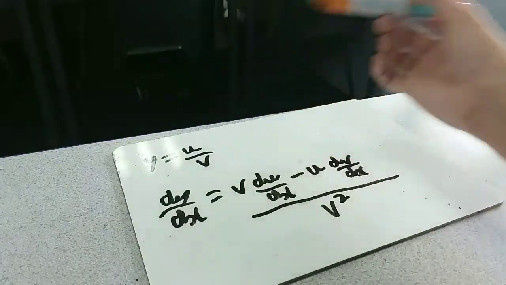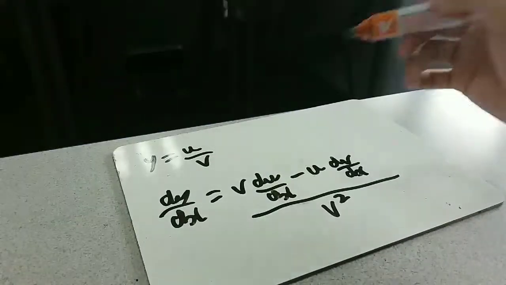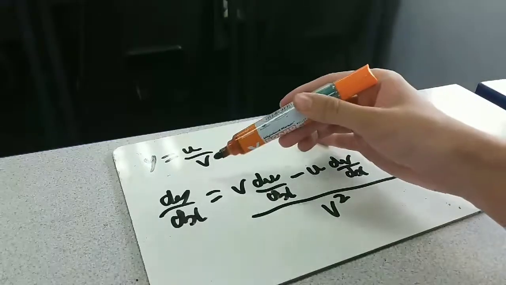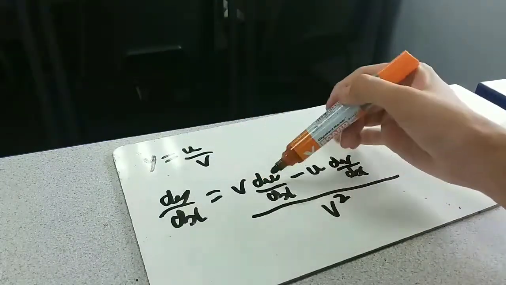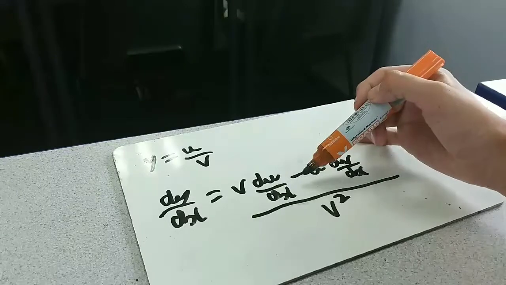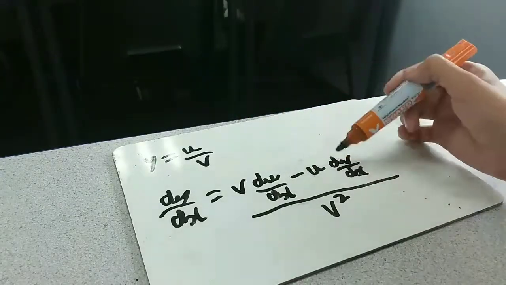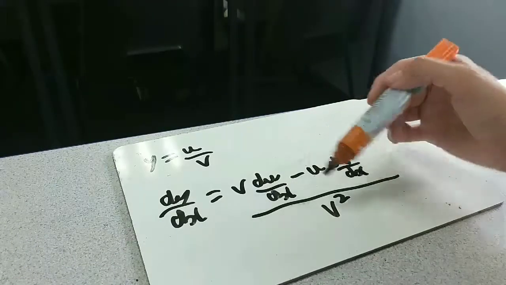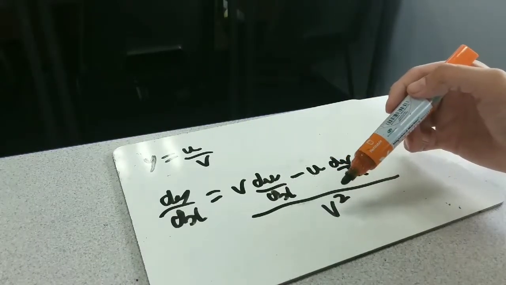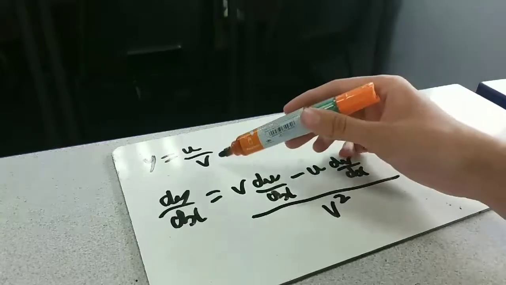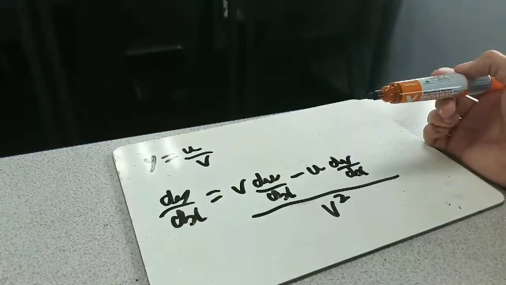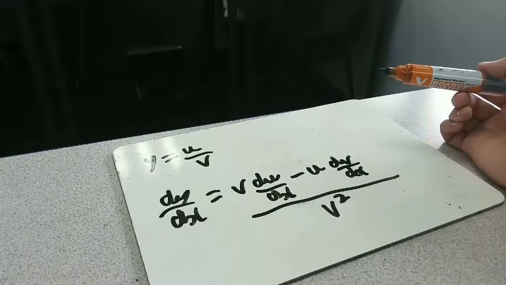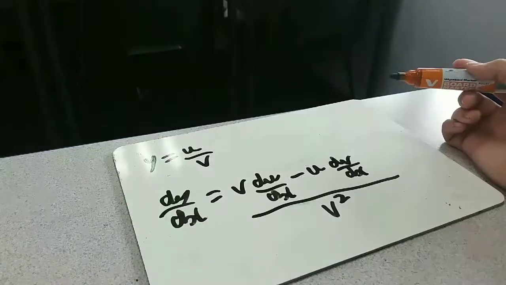Notice here, because it's not two things times together, it matters which way you pick them. So u is definitely the thing on top. And so what you get is a very similar thing up here. It's v left alone times by the derivative of u minus u left alone, the top thing, times by the derivative of the bottom. Is a minus here rather than the plus, like it was in the product rule. And then on the bottom, we've got v squared. So it's just the thing that was on the bottom squared. Essentially, with the quotient rule, you're picking the things the right way around and then just popping them into the formula. So if we have a go at it,